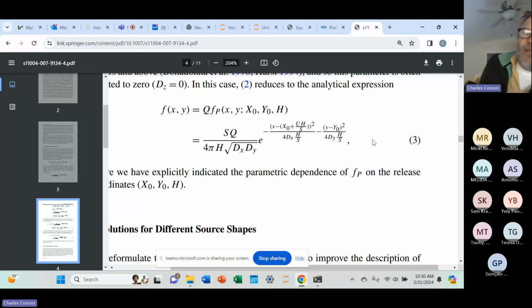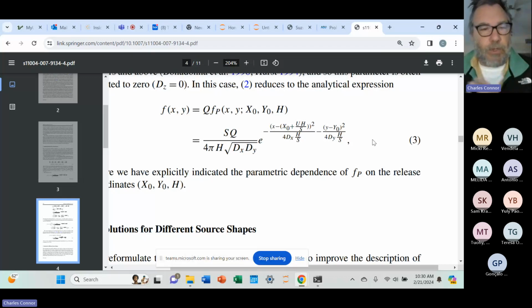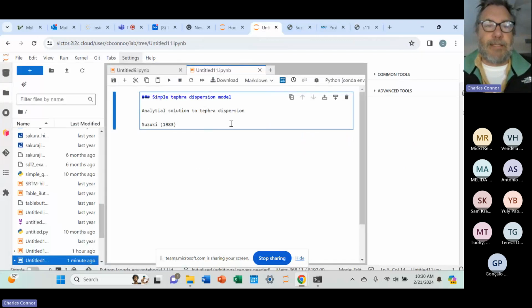So what I want to do is actually start a notebook with this equation and work through it. And in the process of working through it, I'm hoping some details of tephra dispersion are revealed to you and become more easily understood than would be if we just sort of jumped into, say, using Tephra2 or using a different tephra dispersion code. Okay, so let's do that. I'm going to go back to the notebook,